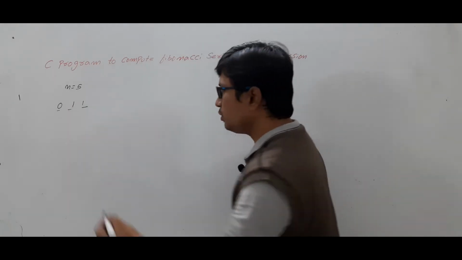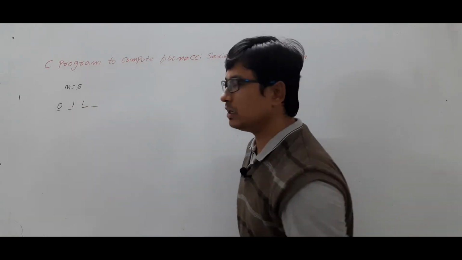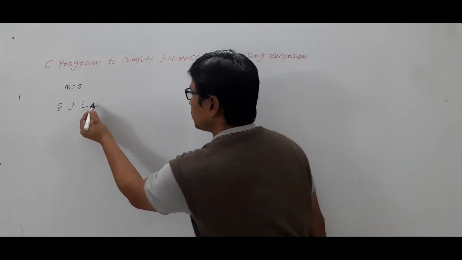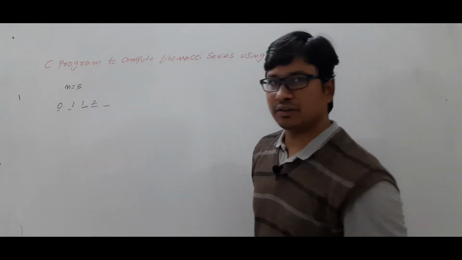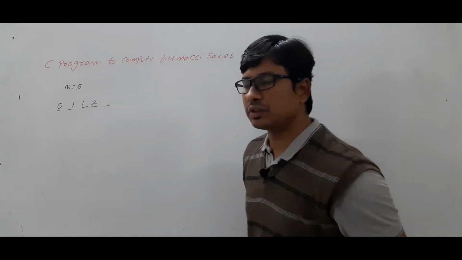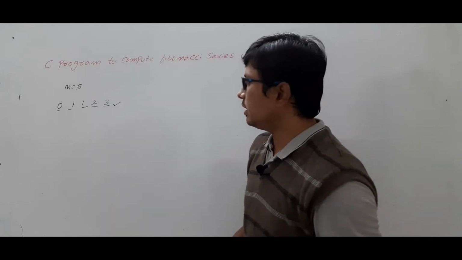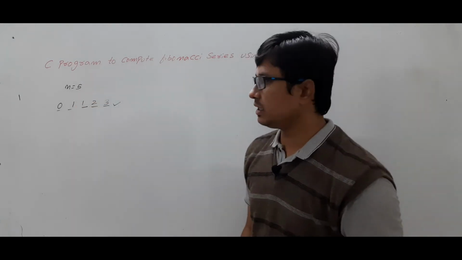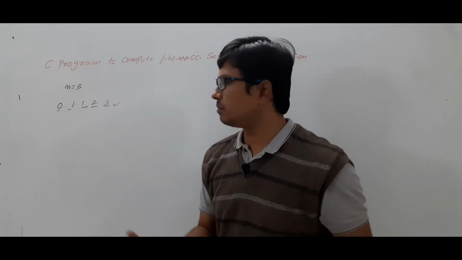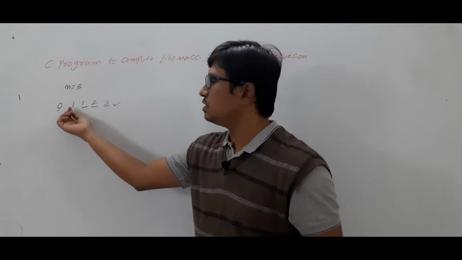Now, you want to find the next element in the series. It is the sum of the previous two elements. What are the previous two elements? 1 and 1. Find the sum, which will be 2. Now you want to find the fifth element in the series, which is the sum of the third element and the fourth element, which is equal to 3. So like that you will get the numbers in the Fibonacci series. Initially, usually people will take 0 and 1. If you want to define some other numbers also, you can define. But usually the Fibonacci series will always start from 0 and 1.